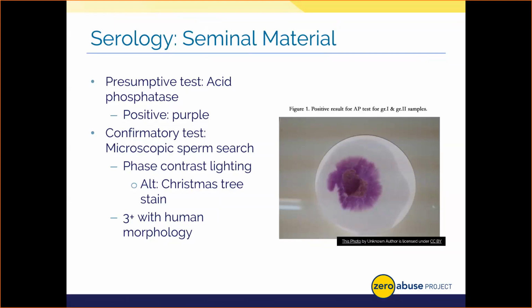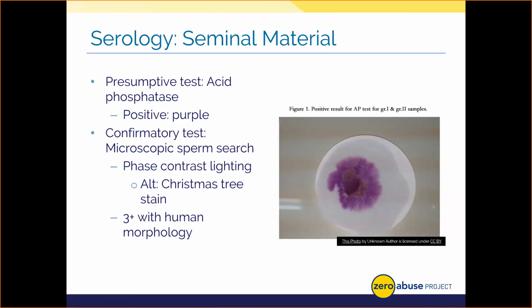Now, I wish AP testing results were as simple as you can see on your screen, but a lot of times they're not. Sometimes weak positives, which is a pink coloration, have been known to occur with certain samples. Now, some analysts will call this a slight color change versus a true positive result. And some labs handle these differently. Personally, I would go ahead and test the samples with a confirmatory test since we can't rule out the presence of semen. But some labs have strict policies where they only process samples that have that purple coloration. And as such, any kind of slight color change results may not move forward with that lab.